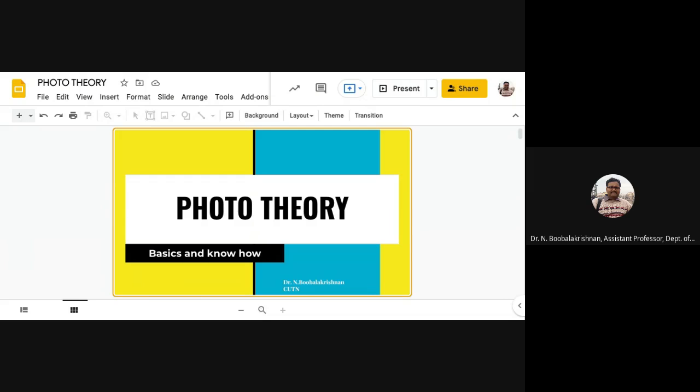Can anyone tell what are those three spatial dimensions that will make a reality? Hello, anyone can volunteer and tell what are the three spatial dimensions that show that this object or this space is real?